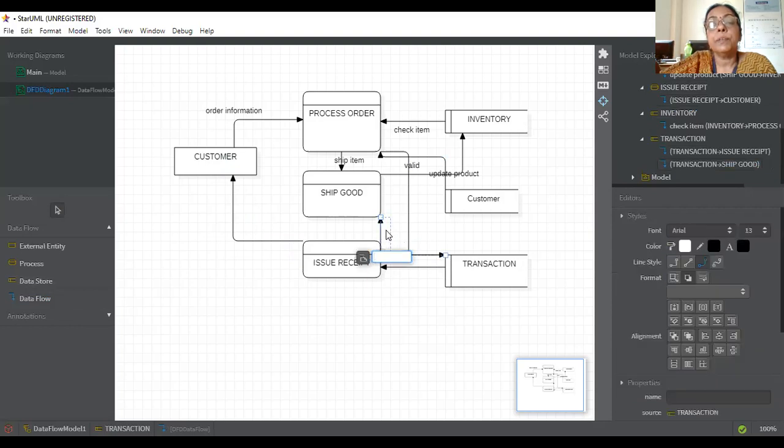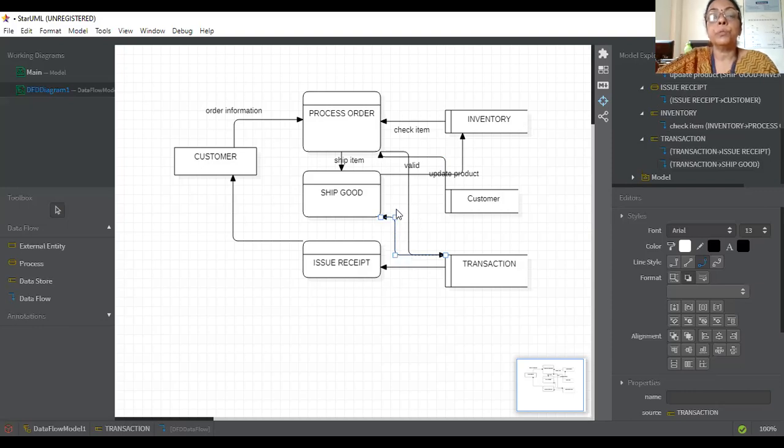The transaction will also go to ship good. Now the diagram is very haphazard.